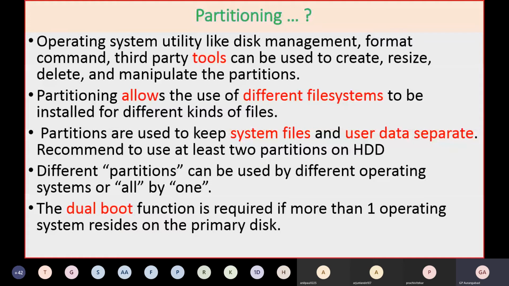Partitioning is normally done by using different tools. At the end of the lecture, I'll show you how partitioning can be done by using the disk management feature. At the same time you can use the format command, or you can use a third party utility.